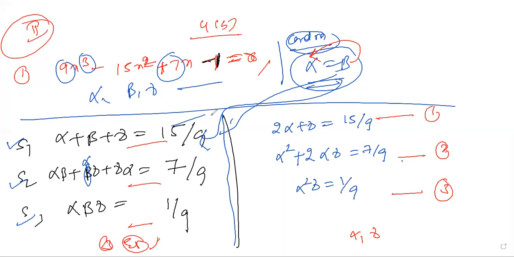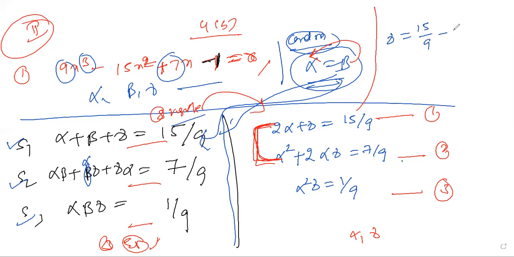Then after that, these three equations you are converting into two-variable equations. Am I clear? Two variables, three equations. It means two equations are enough to solve two variables. What are the two equations I'll take? I'm taking these two equations for my convenience. Let us take the first equation. I'll take gamma is equal to, can I write, 15 by 9 minus 2 alpha?